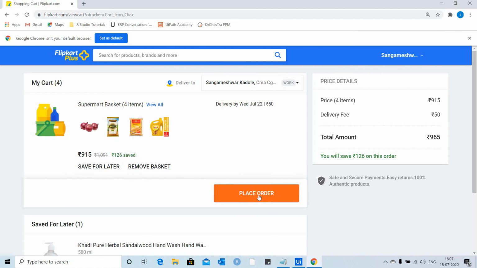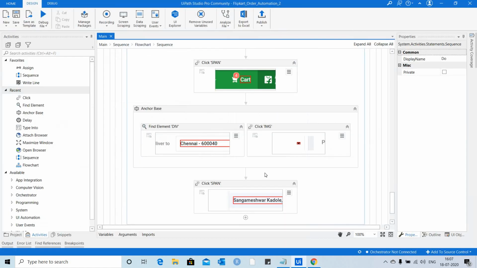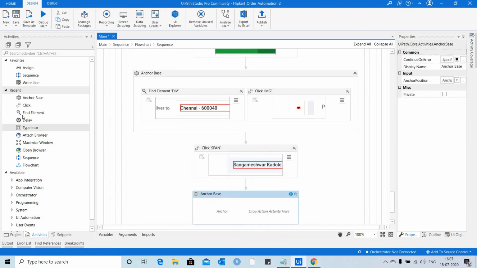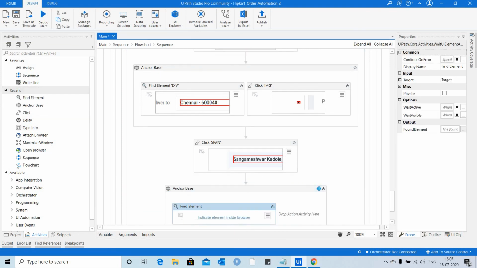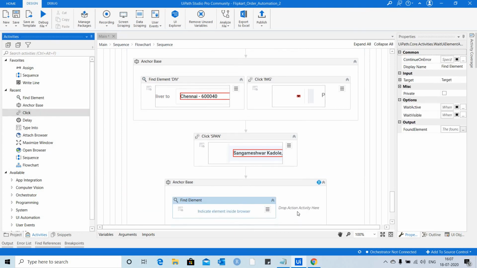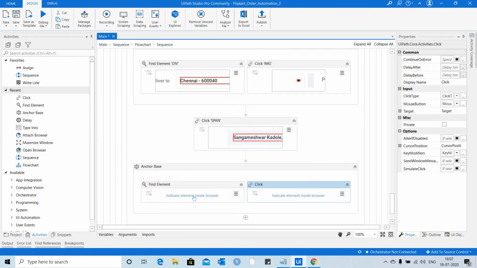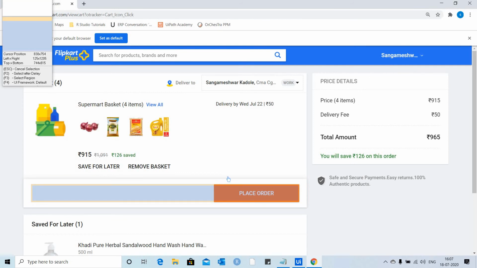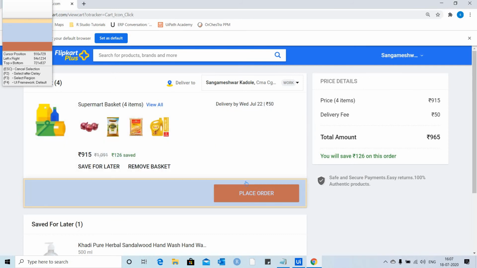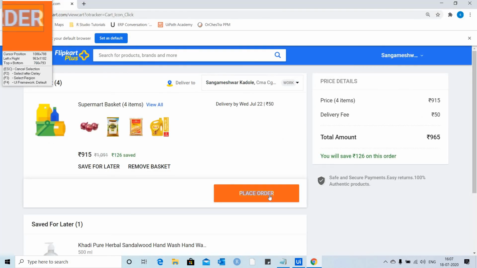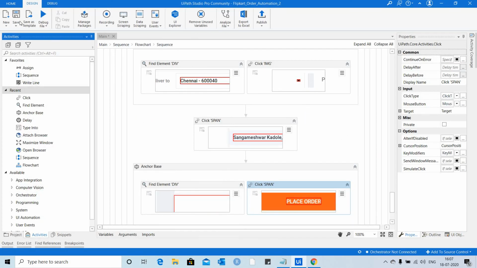So for that, let me use anchor base activity. Let me see if I can use the anchor base activity here, and then click here. So I'm going to indicate this item here, and then next I'm going to indicate this.